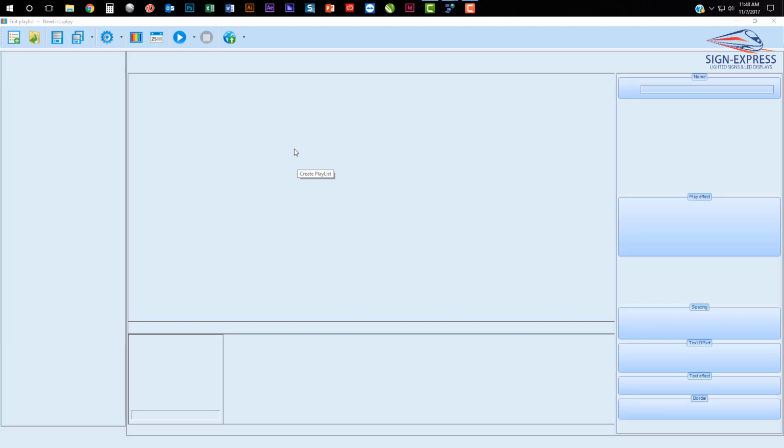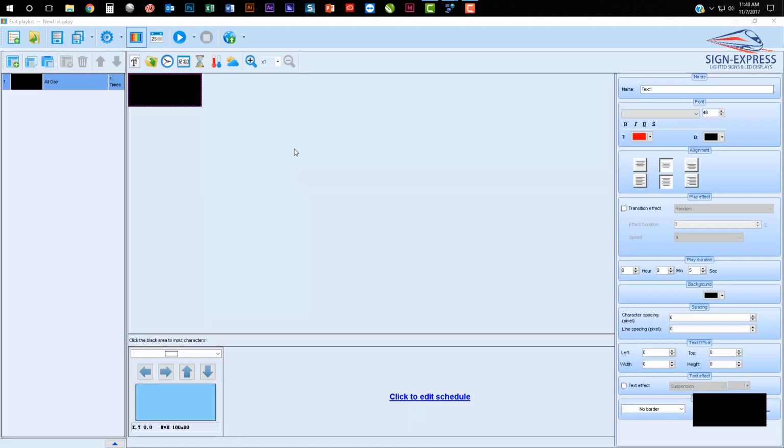This is the program and the window that I use to line up and schedule my content, tell it when I want it to display on the sign, and also push it out there. Across the top, I'm going to tell you what these buttons do. If you hover your mouse over these buttons, they will tell you what their name is. This is how you make a new playlist. You can think of a playlist like a schedule. This is how you would open up an existing schedule that you want to modify. This is how we're going to save our playlist and save as, so we can save it under a different